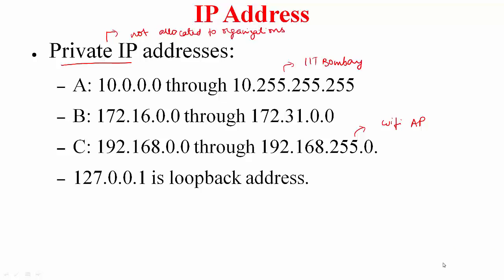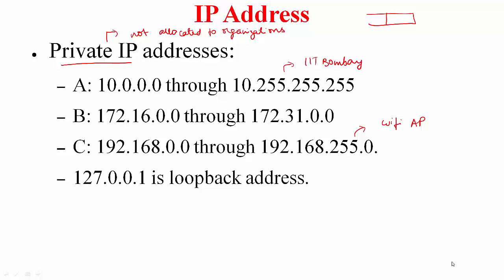These addresses are characterized as private because these are not allocated to any organization. In fact, if you have a packet with a destination address corresponding to a private IP address, it will not be routed as part of the internet core. In the public internet, this will just be dropped. So anyone can use these addresses without any approval.